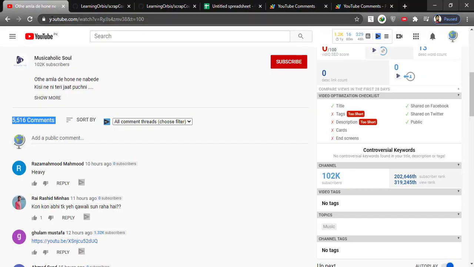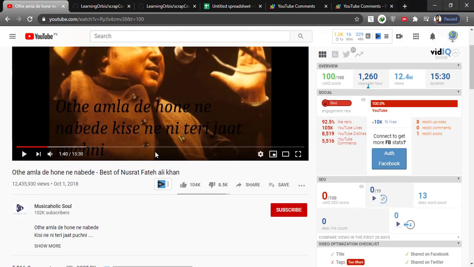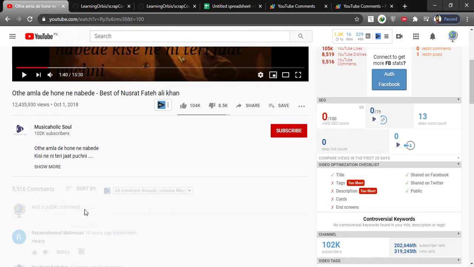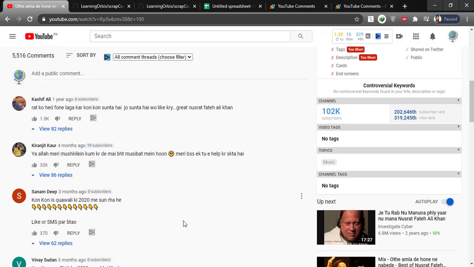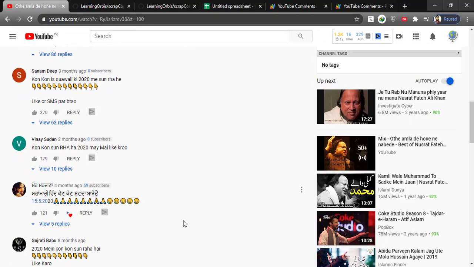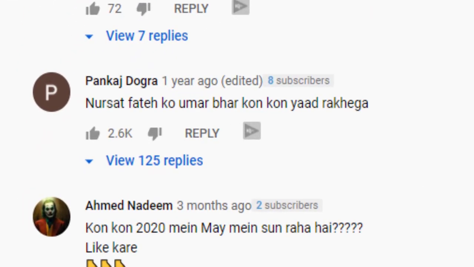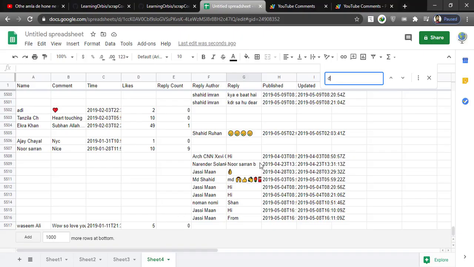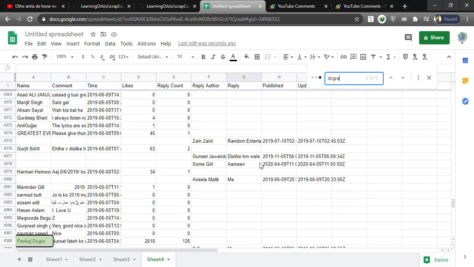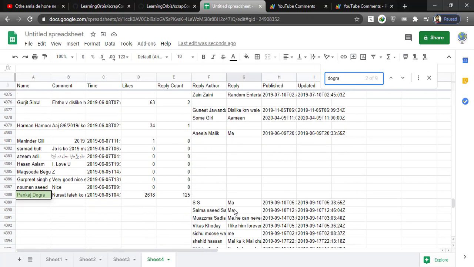Let's just verify one comment with many replies. And we have this comment with 125 replies. This comment is by Pankaj Dogra. So let's search that in our sheet. And here we get this with 125 replies.